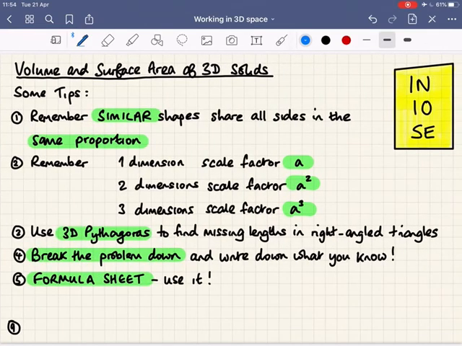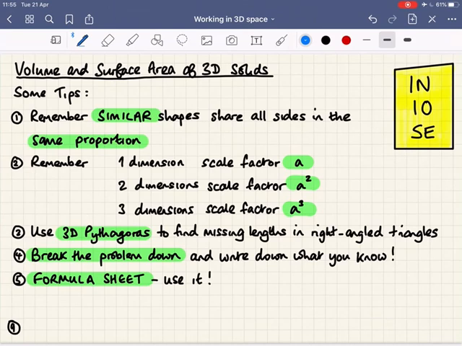Hopefully that gives you a flavour of the kind of things you're being asked to do. I can't cover absolutely every possible question for every possible shape. There's just too much to cover in a short video. But just remember these tips. Remember that similar shapes share all their sides in the same proportion. And so if you're told that a shape is similar and the height has been doubled, and it shares a particular relationship with one of the other sides, then the ratio of those sides will stay the same as you